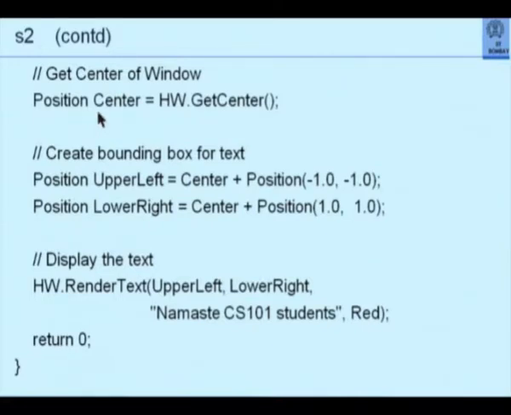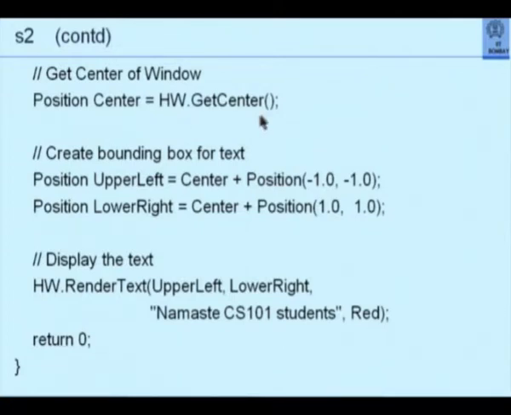Position class, I name an object called center. I could have said x, y, whatever I wanted. This center is not a simple single value. This center has x and y coordinates actually. That is the definition of the member data elements of class position. So position also is a class. So I extract into the position class member center. I could have said position center semicolon, and later on I could have said center equal to this. But I am initializing it in the class member definition itself.